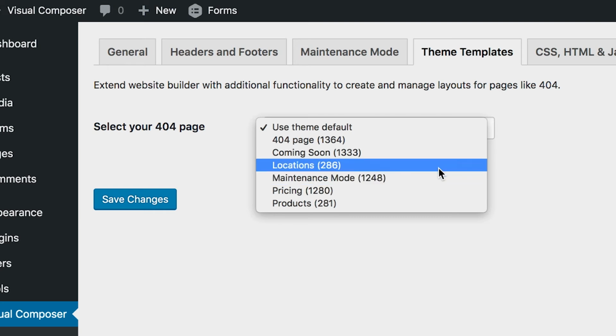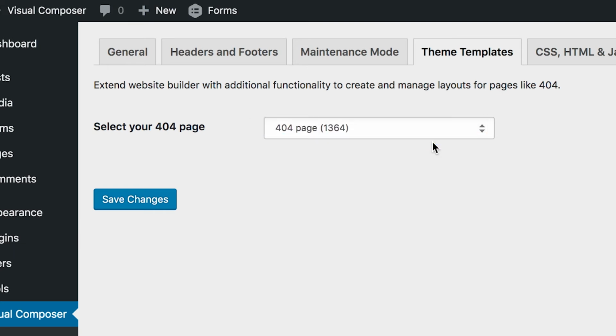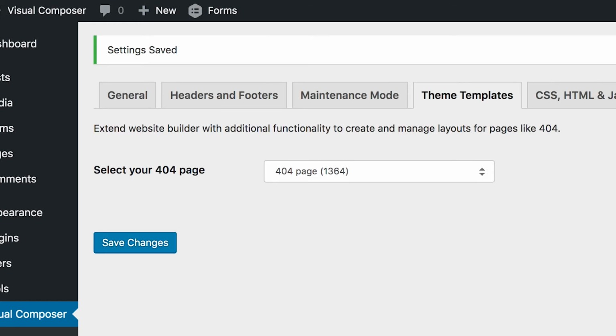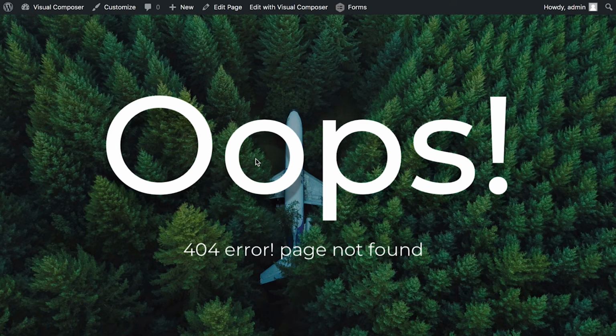You'll see all your pages in the dropdown. I've got one created here already, so let's choose that. Now, when I open my website with a URL that doesn't exist, this is the page that's going to be visible. Remember that you can use all the features of Visual Composer to create a completely custom and unique 404